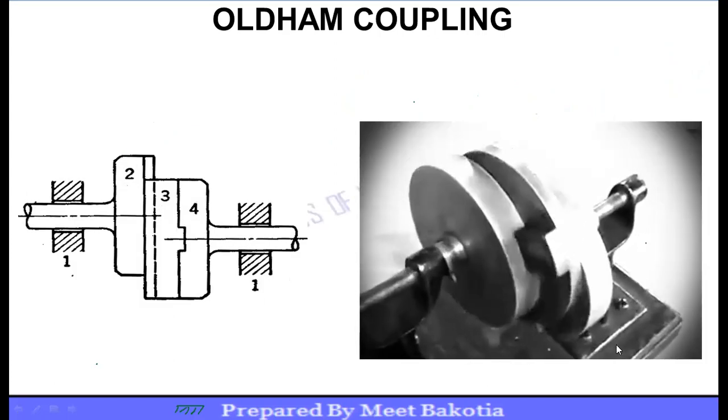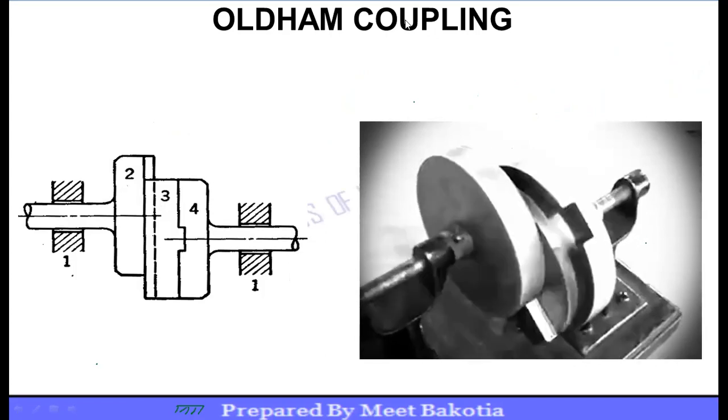This way. So I can say that now if at this end I give the rotary motion, if I turn one of the sliders, then because of that, what is going to happen? The other frame and the other block, these two are also going to turn through the same angle. The application of this is Oldham's coupling.